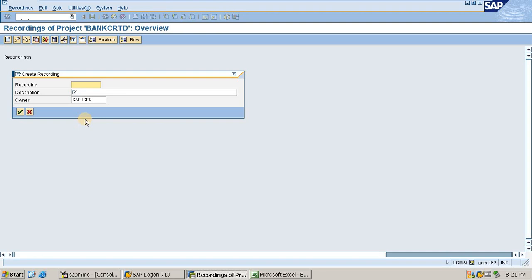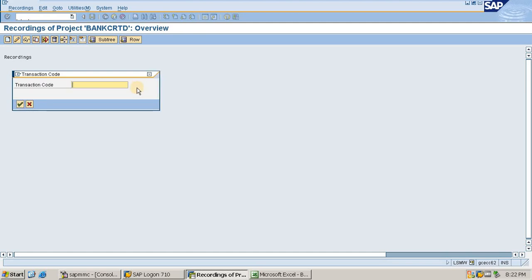Here I have to record my transactions. So I have to provide a name for my recording. I want to give the name BANK_CRTD. Then the description, bank creation. Clicking on the continue button.